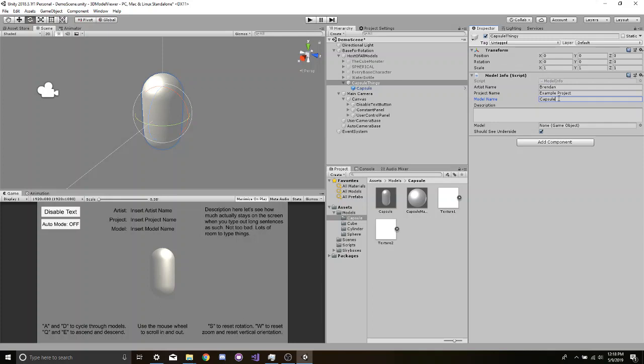Maybe it's a prop of some kind. You could put the prop name. Maybe if it's a character, you could put the name of the character. And then you can write a short-ish description of it. You can write a couple sentences of it, but not too much. So I'm just going to type in nonsense,